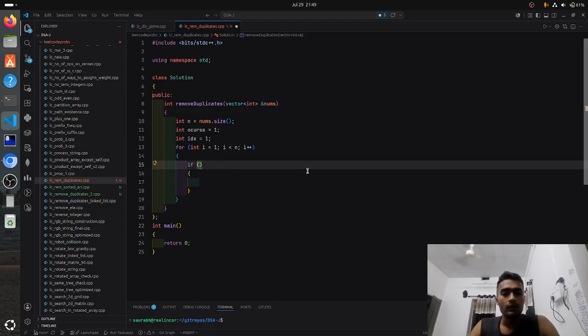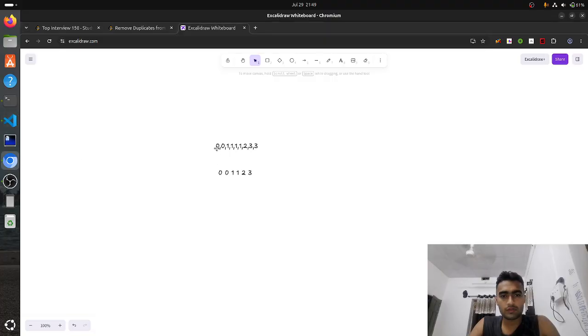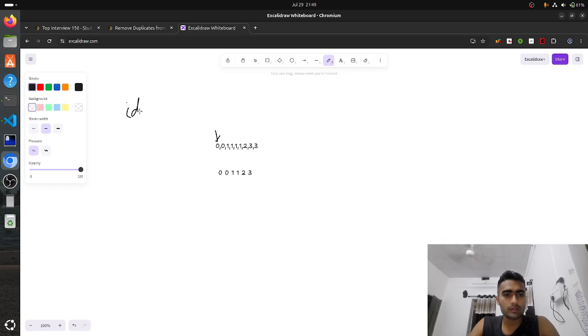Now we are given every element. Let me take the test case which we were considering as of now. So when we went on for 2, the first element, what's happening here is I'm storing in the idx. Currently idx points to this specific element. Now when I was on this specific element, the previous element holds 0. Now if this specific element is equal to 0 and the current frequency count of that specific number is